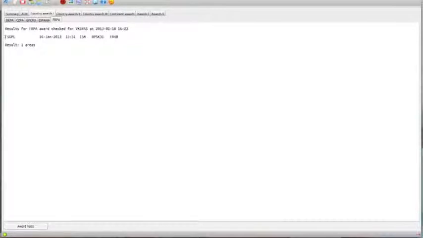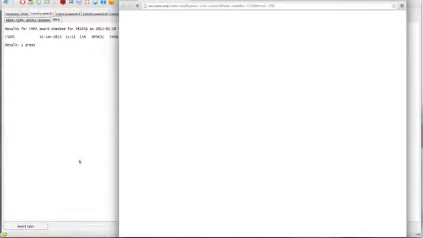So for each section there, it shows you on your last download the number of contacts that qualified for that award. If you want to see a particular series of rules for that award, for example the FRPA, you can simply click on Award Rules